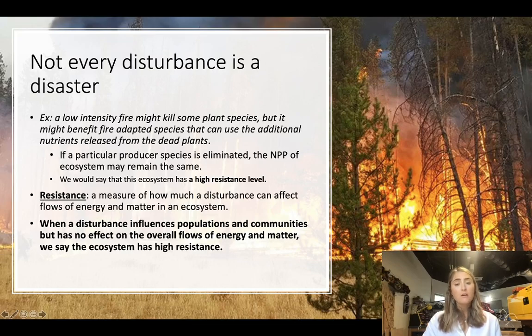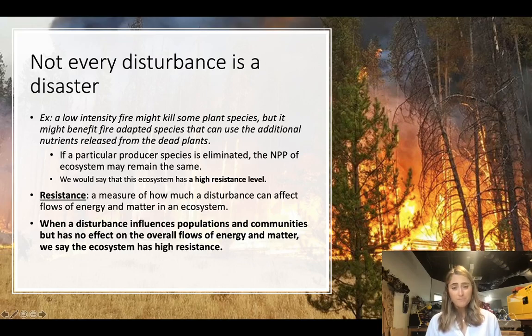So depending on, again, the type of species that are present and the relative amounts of species or genetic diversity, it may not be as traumatic as we think. So for instance, if we have a low intensity fire that comes in and kills some plant species but benefits others, then we can still see the same amount of primary productivity or net primary productivity within the ecosystem cycling, because the species that were fire resistant will thrive in that area. So we may not see a change in energy flow, we may see a loss of species, but energy flow